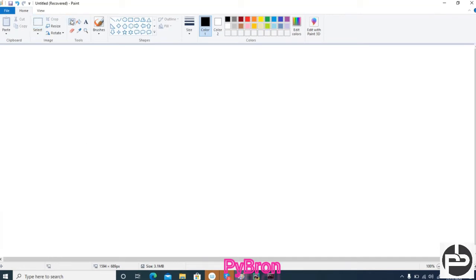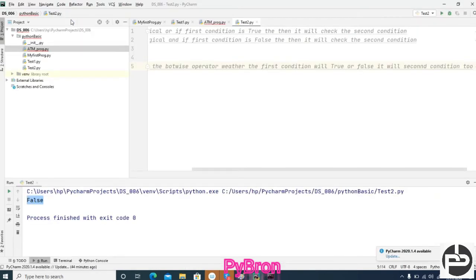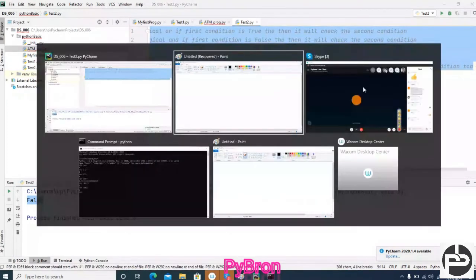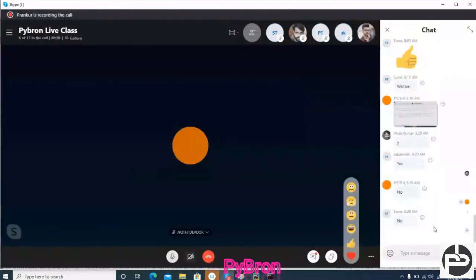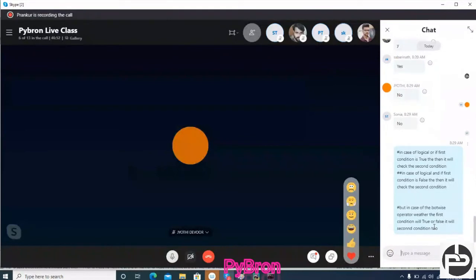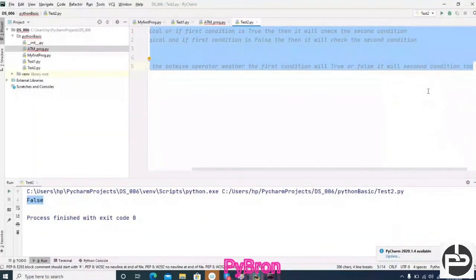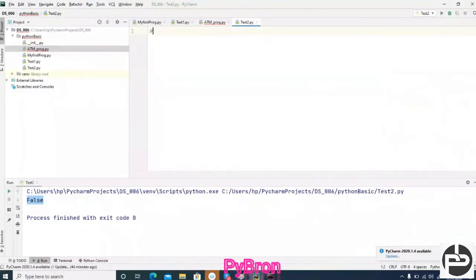Let's suppose I'm going to write here only. I'm going to paste it in the chat, so it will be helpful for you as a current note. Let's see the membership operator. What is meant by the membership operator? This plays a very important role whenever you do complex programming. That time it is going to help a lot.